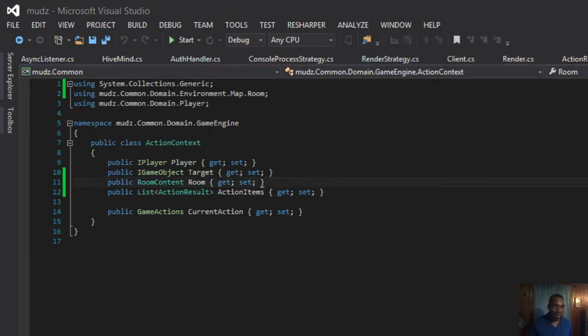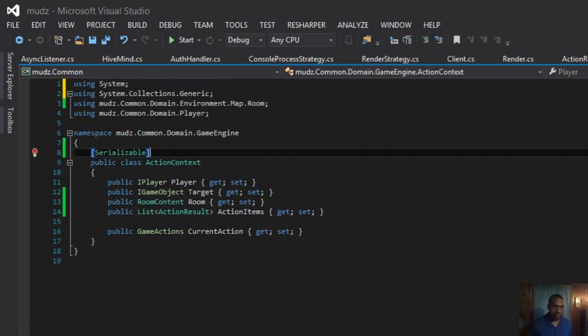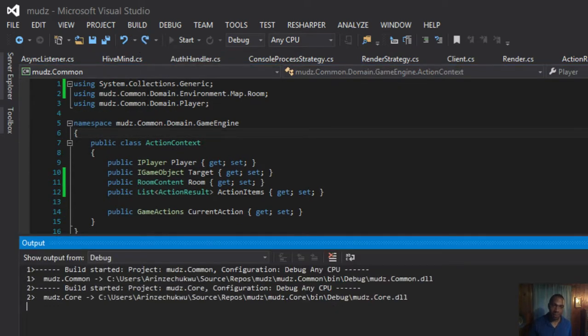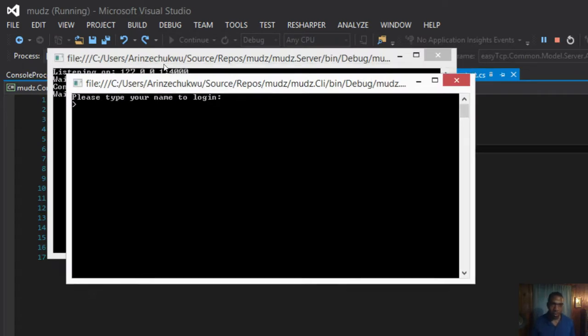I'm not sending back the context. We're going to serialize just in case. Now that could be needless. Let's make sure we have to serialize it before we serialize it. Am I right?